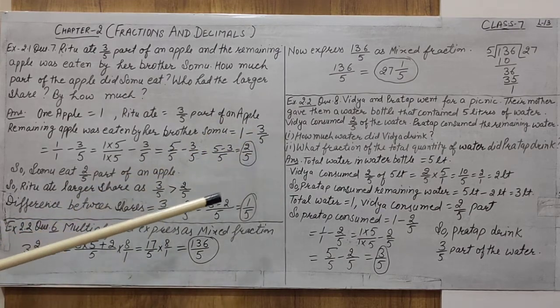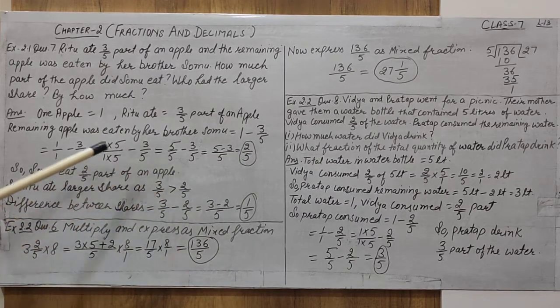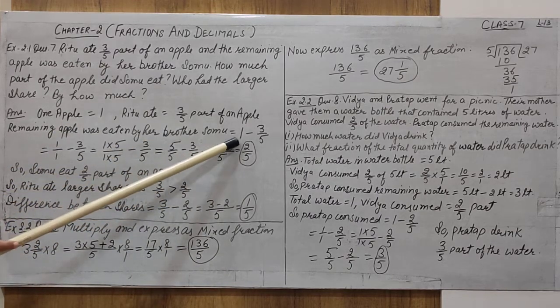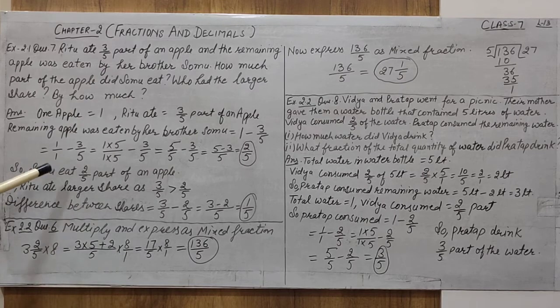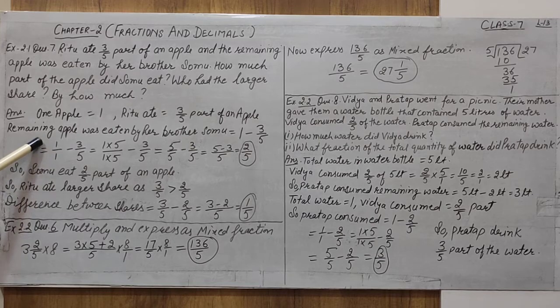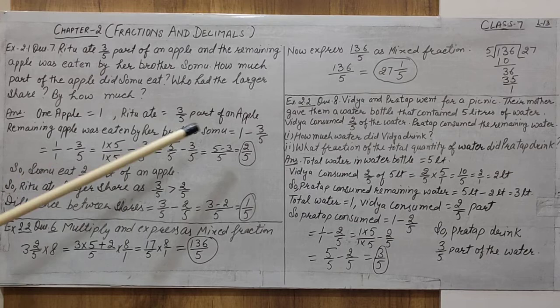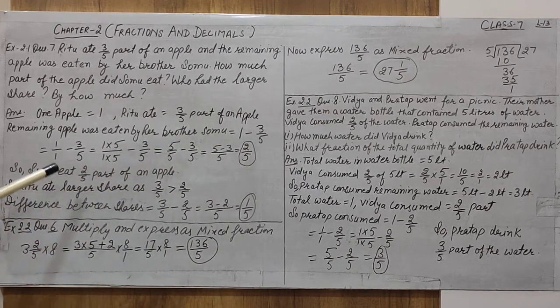The process you know very well, as we have done in the previous videos, is that you must change the whole number into a fractional number. How can we change the whole number into a fractional number? We can divide any number by 1 to write that whole number in the form of a fraction, because in fractions we need a numerator and a denominator. So we can write every whole number in the form of a fraction. We can divide every number by 1.